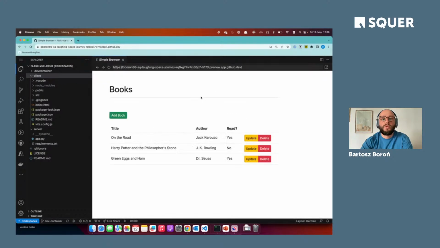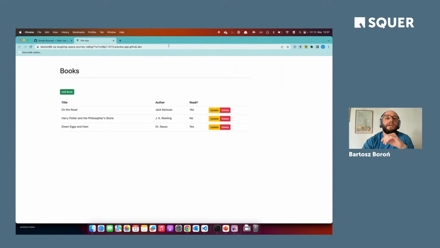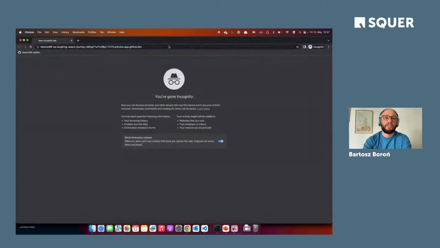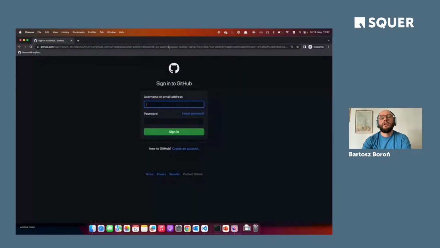Takes some more time because this time we're obviously not forwarding it. I can even open it in a separate window. We're not exposing it via localhost, obviously, but now we have a dedicated URL to access the exposed port, which is a secure connection. So if I take this URL and try to open it somewhere else, like in an incognito window, it will force me to sign into GitHub.